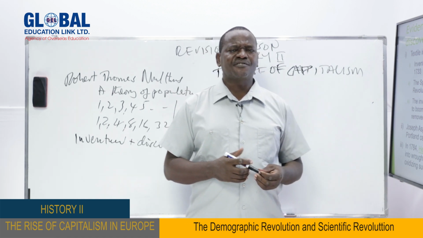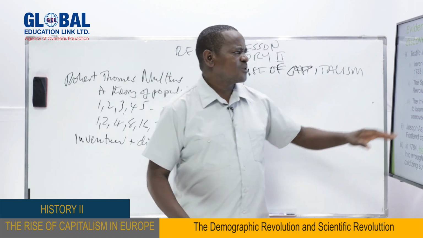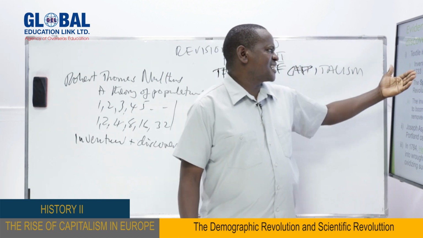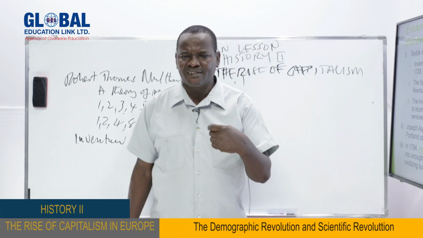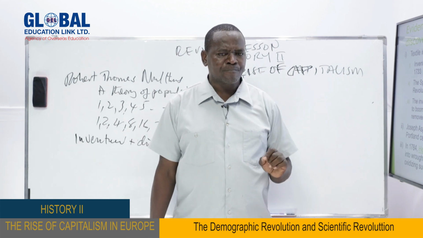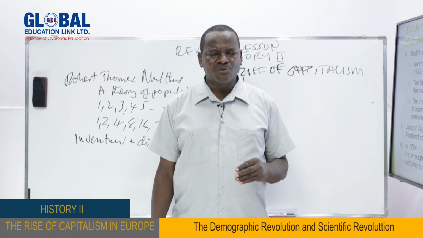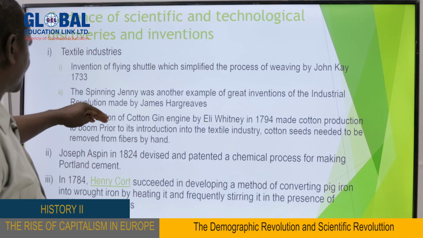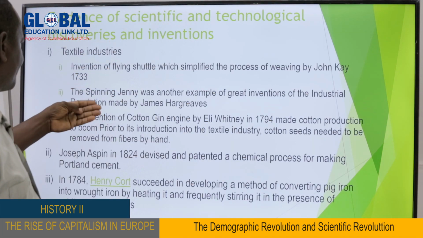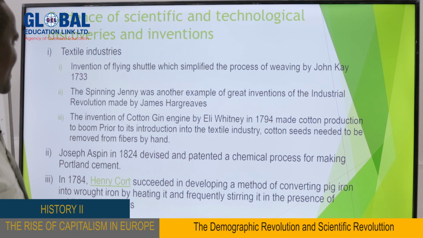industries. A lot of changes were made in textile industries starting from 1733, when this man called John Kay invented a small machine called the flying shuttle, a machine which facilitated the production of clothes. Remember, before 1733, production of clothes was typically done by hand. But with the discovery of the flying shuttle, at least they started to use some machine. This was a very small device, and